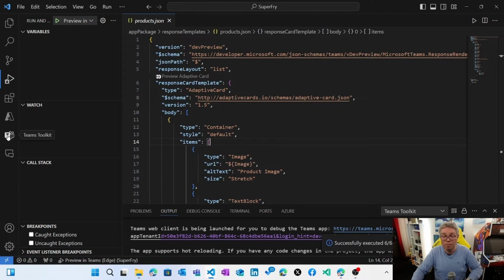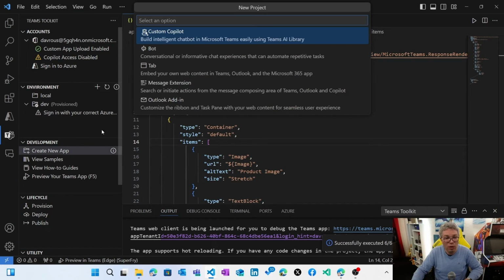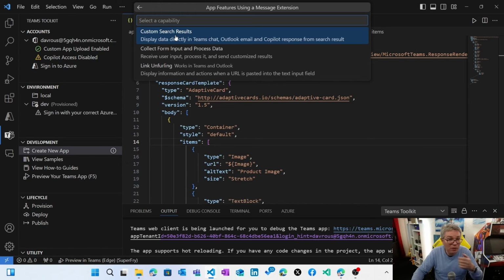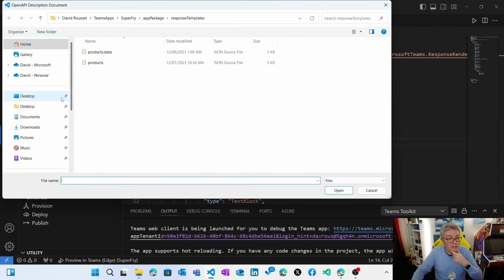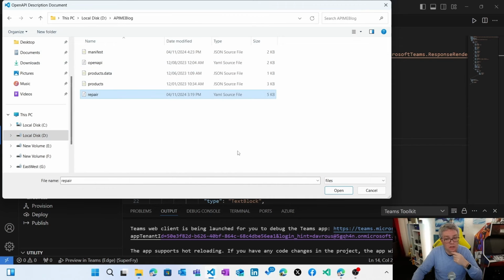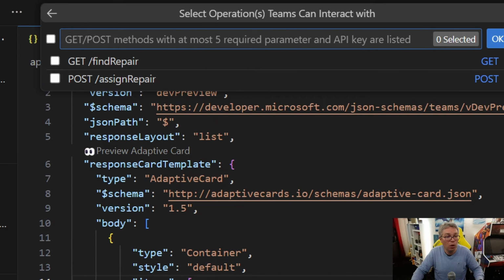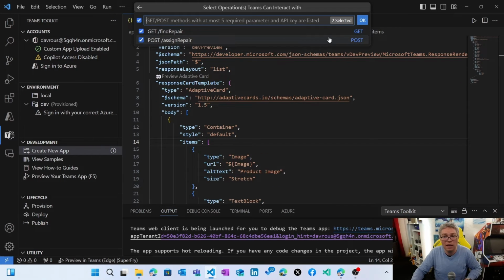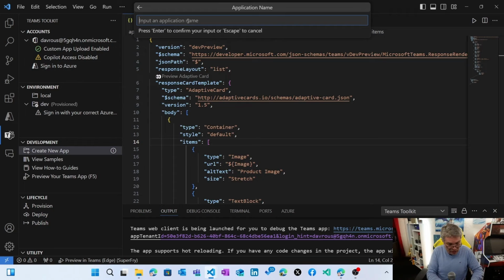And I'm going to give you a preview of what's going to come soon in the store. So let's create a new application, message extension. Once again, a source message extension. I'm going to start from an OpenAPI descriptor. And this time, I'm going to use another descriptor, which is available there. It's the repair API, that you see that in this case, we have 2 various operations. We've got a get and a post to be able to create something. So let's select the 2 of them. Let's, through the default folder, name it repair auth.